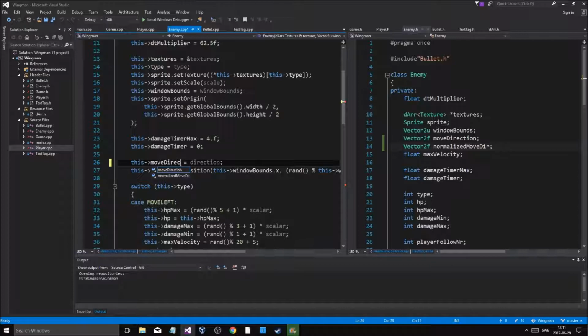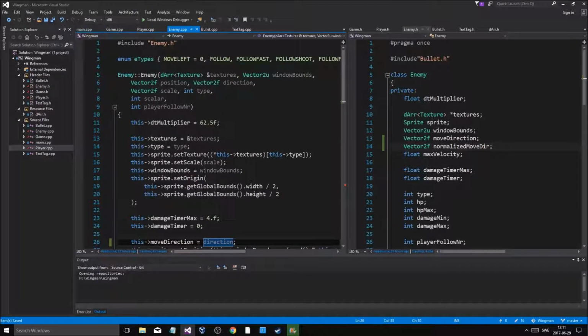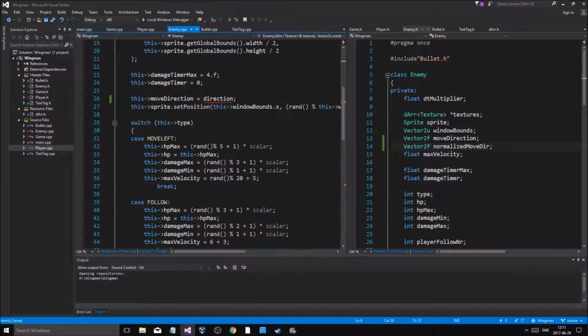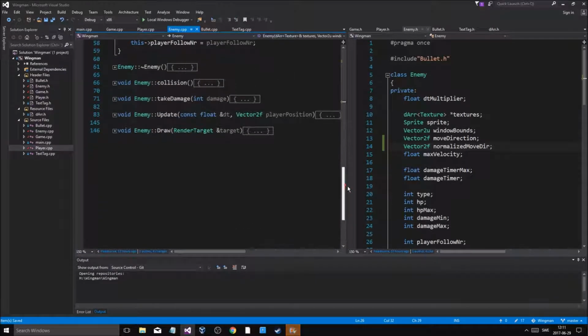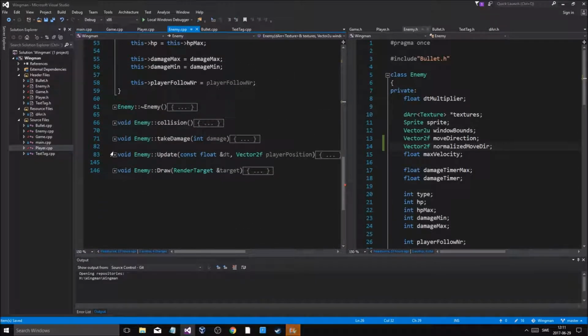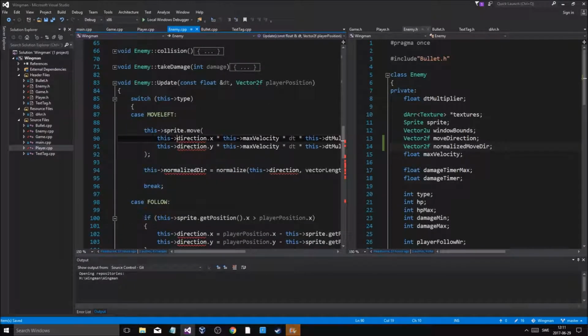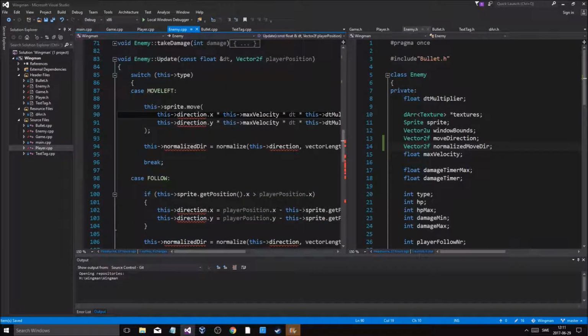Move direction, and then we're gonna change the local variable's name to move direction, so we're completely sure what's going on. Move direction, and then in update we're gonna change everything to normalized move direction,